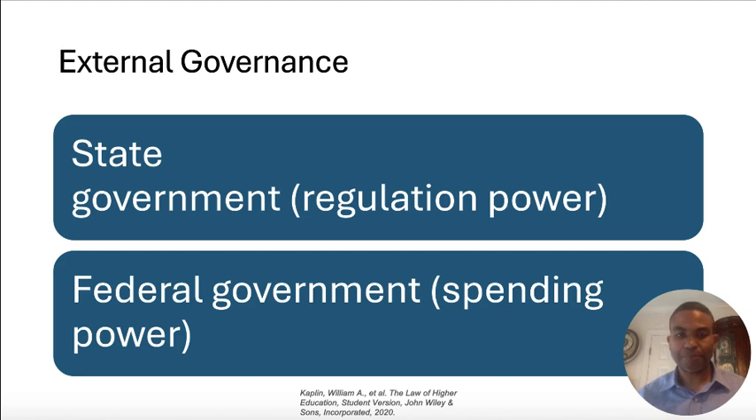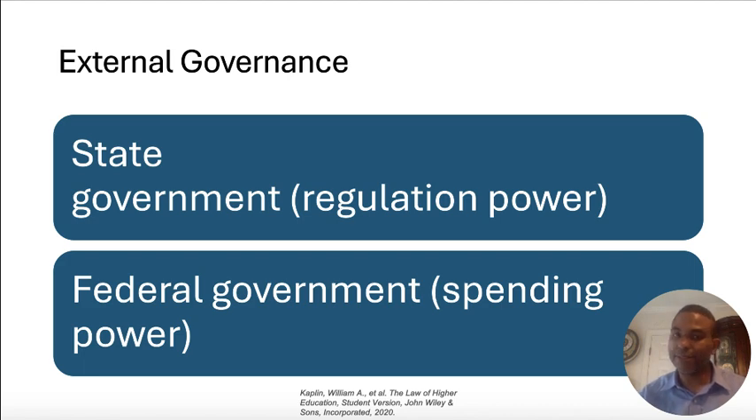So while, technically, in the U.S. Constitution, education is not an express power of the federal government, the federal government does have significant influence on higher education, particularly through research dollars and contracts. We'll get into some of the different government agencies that are involved in higher education,